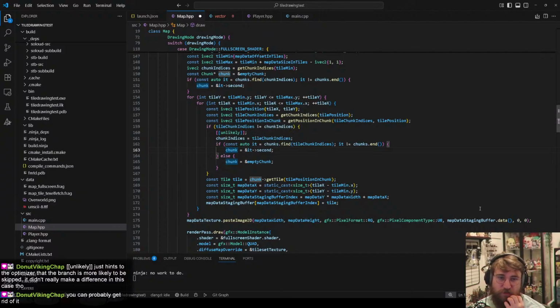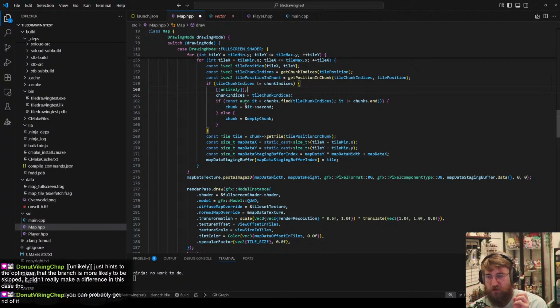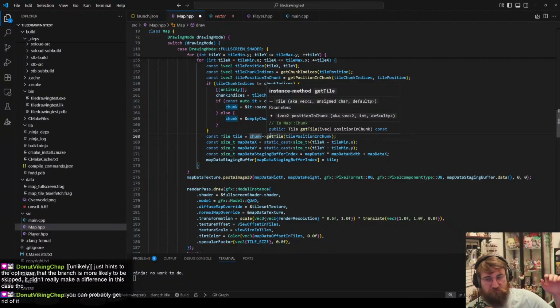Unlikely hints to the optimizer the branch is more likely to be skipped. It doesn't make a difference. They can probably get rid of it. Okay. Compiler hints are fun. So we're down here. We've got this chunk or nothing. Tile is chunk get tile. I'm guessing for the empty chunk this will just return